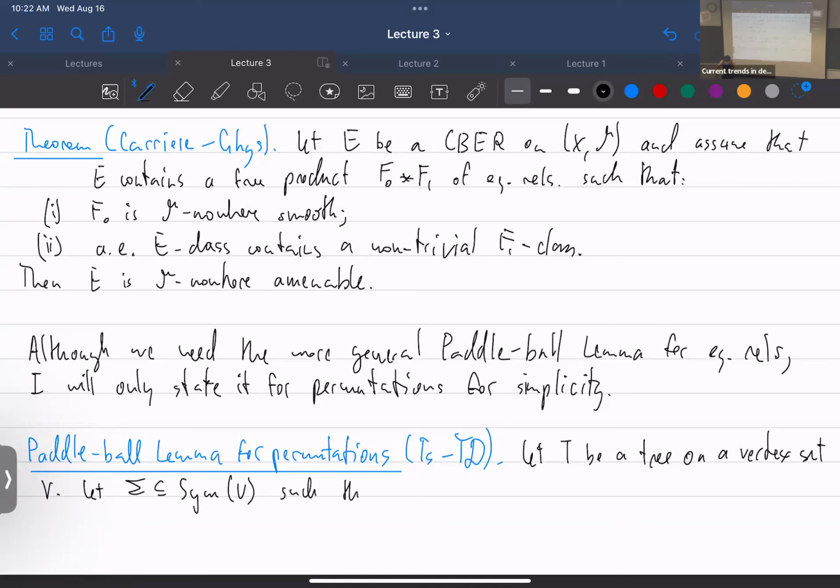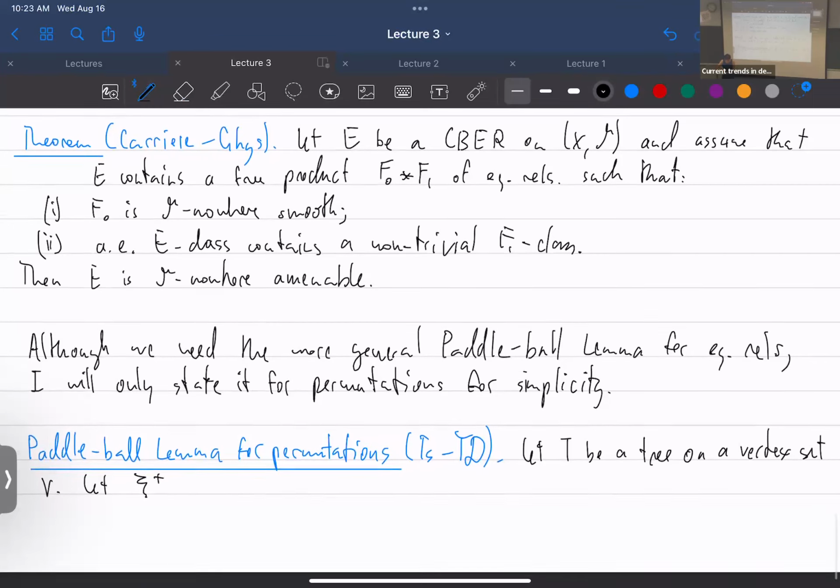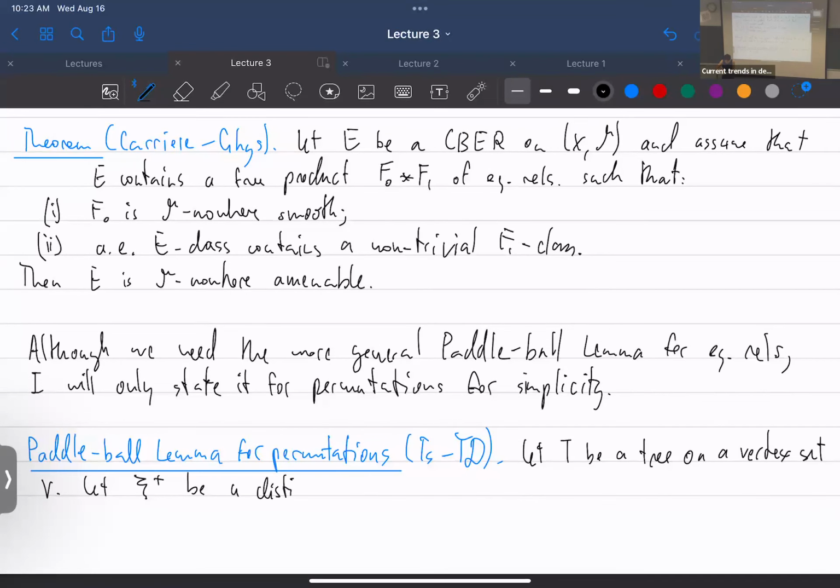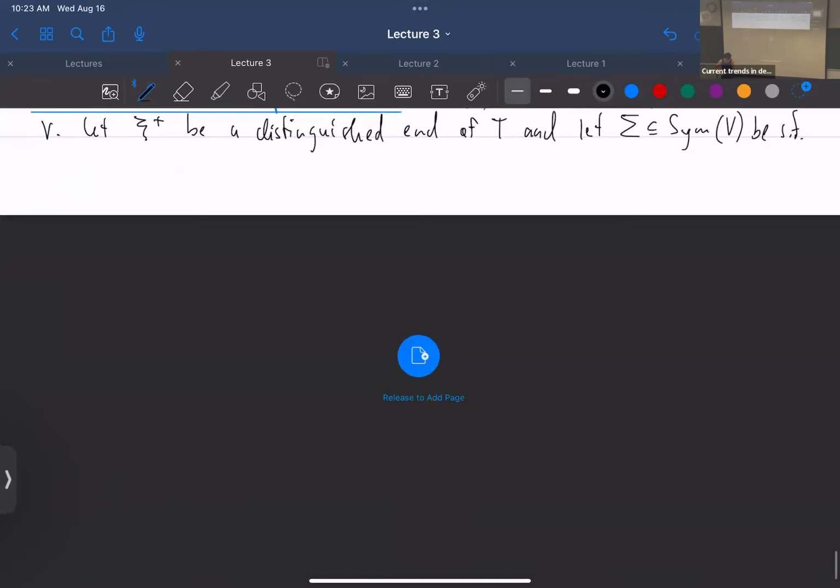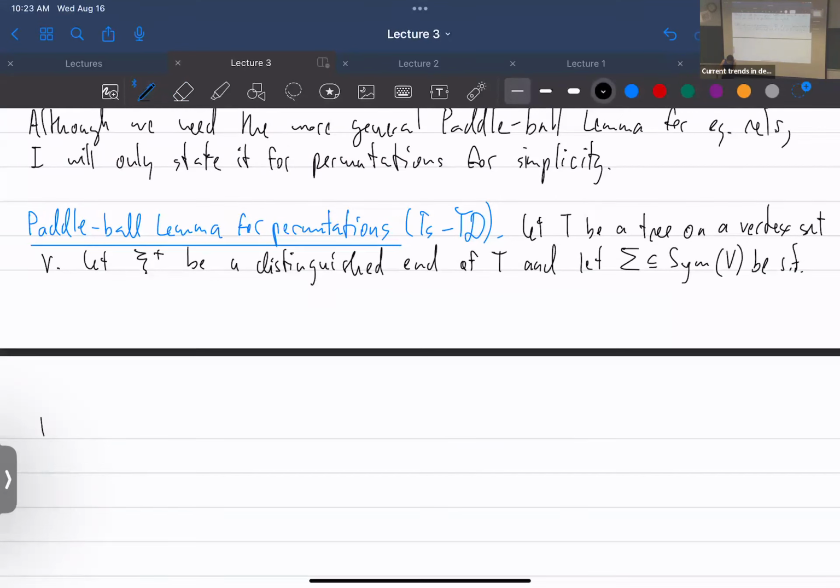Such that, and let's start with: let C plus be a distinguished end of T, some fixed end of T, distinguished by nothing, we just fixed it. Let sigma be such that for every V,